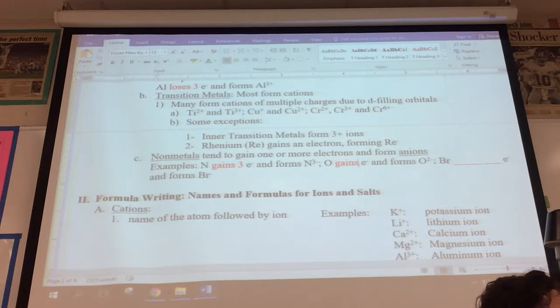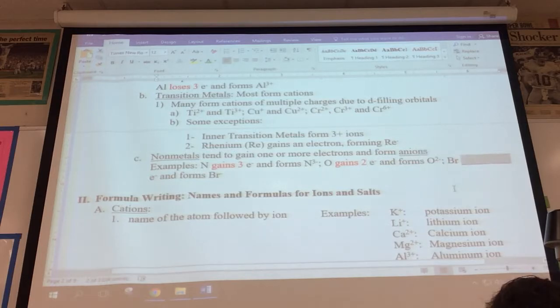Oxygen in group 16 has 6 valence electrons. It will gain how many? 2. And then bromine in group 17 with 7 valence electrons, it gains 1. Correct. And then the last thing I want to mention today,